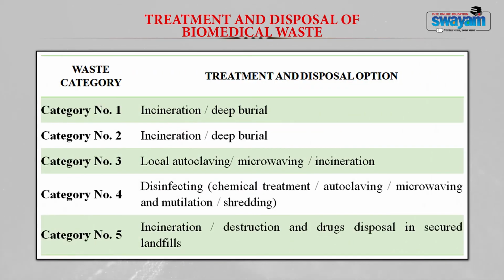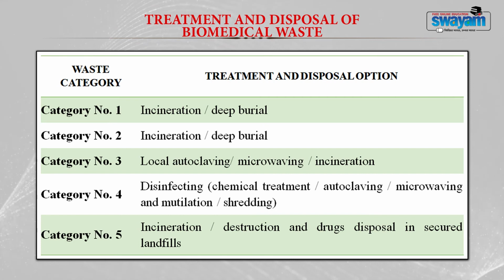Now, waste containing equal to or more than 50 ppm of mercury, 50 milligram per liter of mercury, is generally considered hazardous waste. Any spillage due to the breakage of a thermometer or other measuring equipment should be recovered with proper attention. The mercury should not be mixed with the other biomedical waste; it has to be recovered and segregated separately. Now, there are specific treatment and disposal methods for the different categories of biomedical waste.